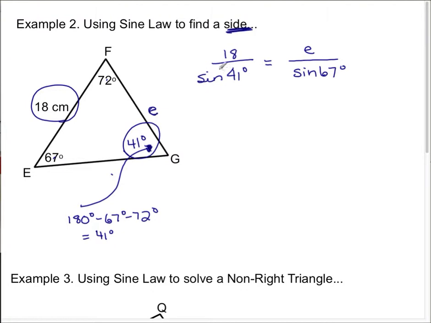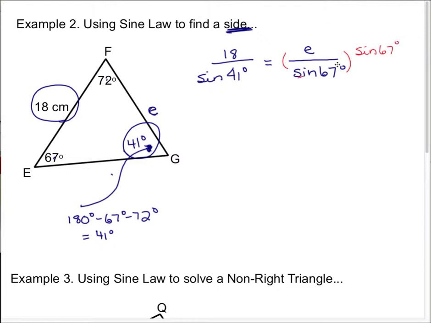Now, I can just type these into my calculator and get a number. Remember, sine 41 is just a number, sine 67 is just a number, but I'm not going to type it in just yet because I want to isolate this E. Now, you know how to solve by isolation. We just put brackets around and we go sine 67. Well, that's not a 7. I was going to make a mistake there. All right, let's get that back again. Sine 67